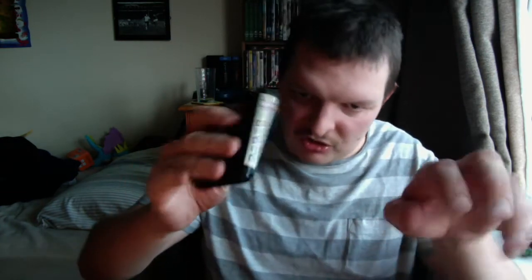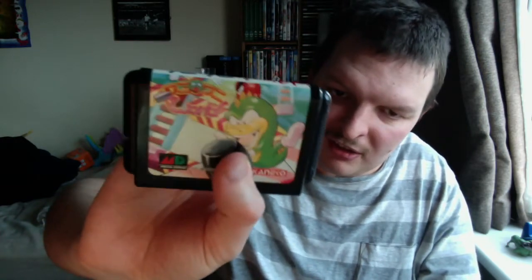Really good. Yeah, my modded Mega Drive has actually got the cartridge slot nicely widened to fit these cartridges in. And yeah, it's a good game. Really good fun little game, this one. So yeah, I think this one I paid about $16.99. I think so. Not uber cheap, but yeah, I wanted to get a box complete copy of these because